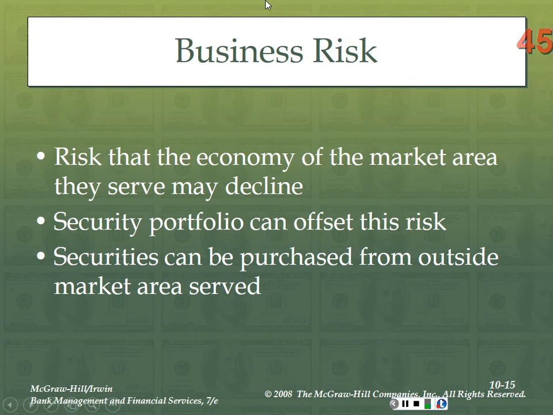The next category, business risk. You've got the definition listed here, the first bullet point. Business risk is the risk that the economy of the market area that the bank serves may decline. I gave you the example early in the semester of Union City, Tennessee, and the Goodyear factory that was there